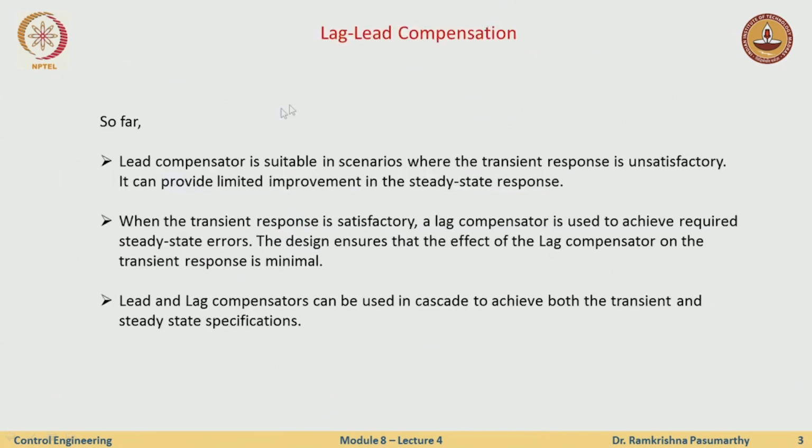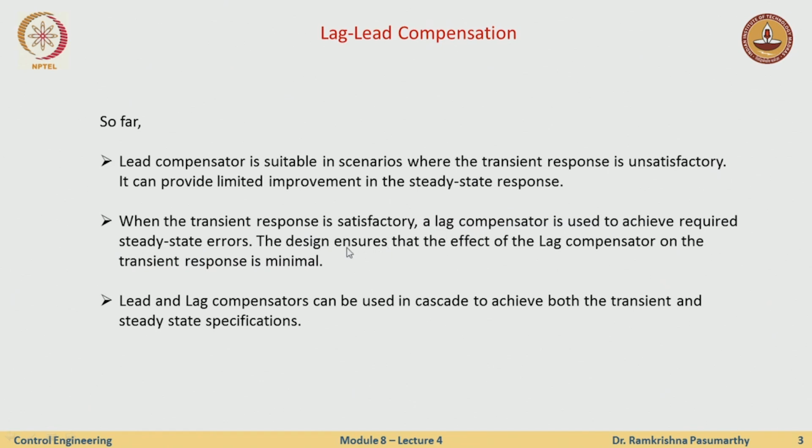So far what we have learned is that the lead compensator is suitable in scenarios where the transient response is unsatisfactory, right? And we saw that this is essentially that you are adding a 0 which will pull the root locus to the left, and then you add a compensating pole so that you could realize it physically, right. So once the transient response is satisfactory, or in specifications where we don't have to worry much about the transient response, and we have to improve the steady state response, or improve the steady state errors, we use a lag compensator,